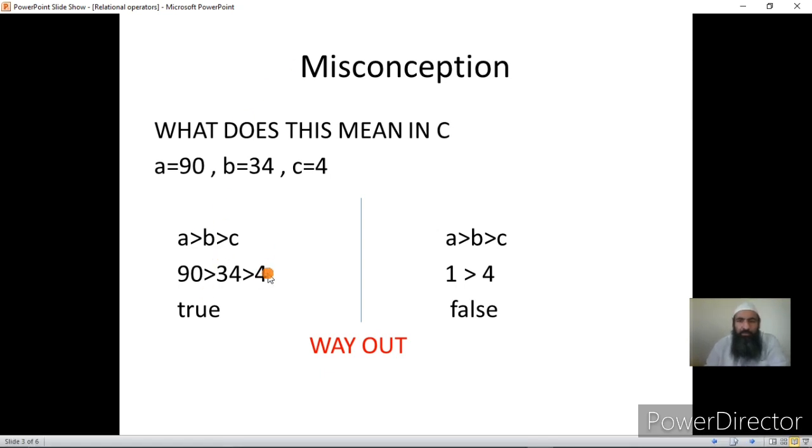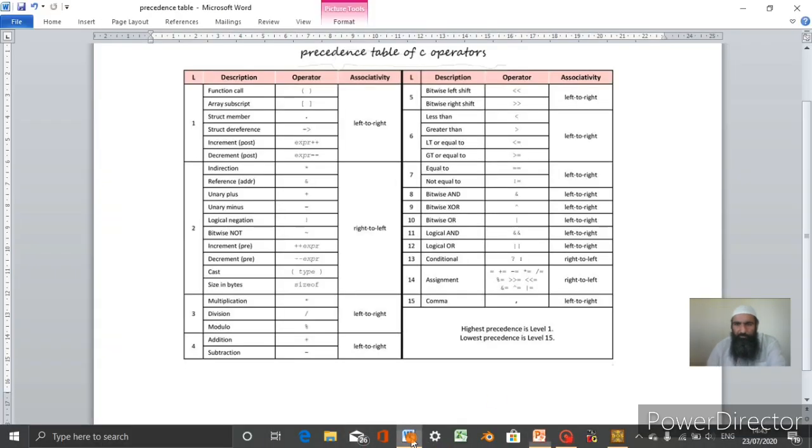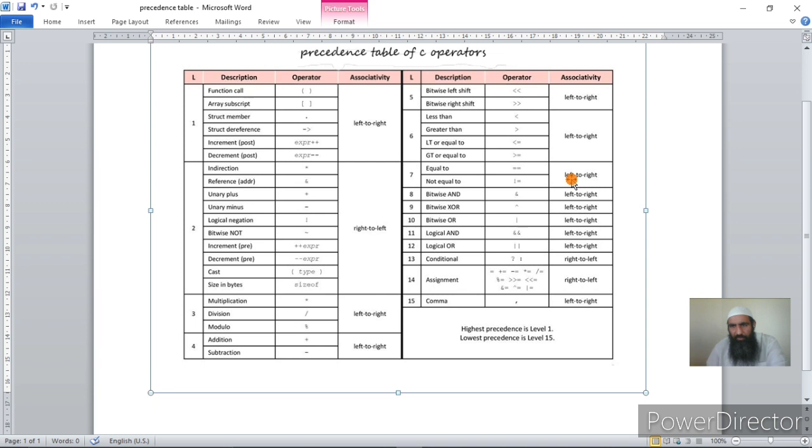Now I have cleared this, that if in math we write something like this, this will generate a value true. Now if we have something like this, there are two operators here, that is greater than and greater than, but both of them won't be operated. That is, the operations will take place one by one. Since two greater than symbols have the same precedence, is their associativity from left to right or right to left? Let us check. Their associativity is from left to right.